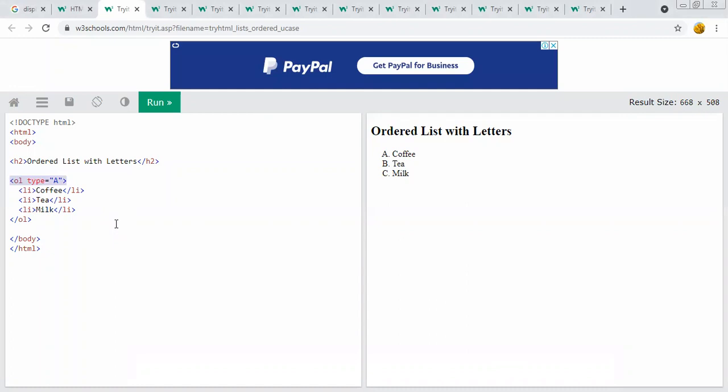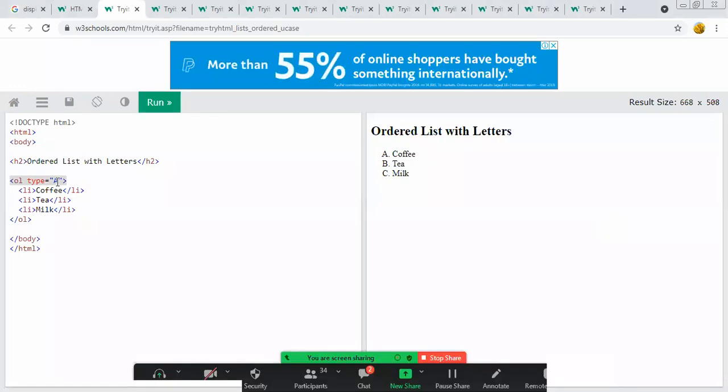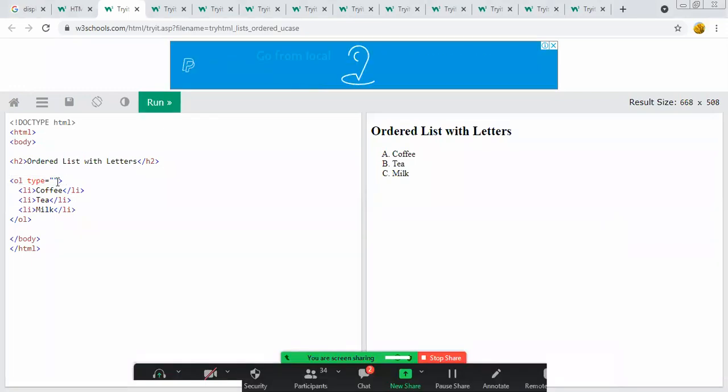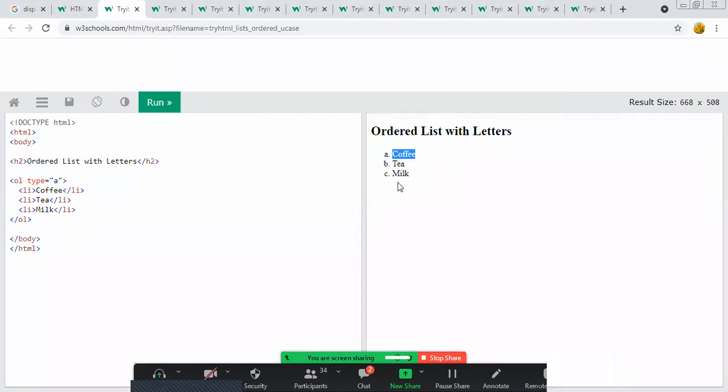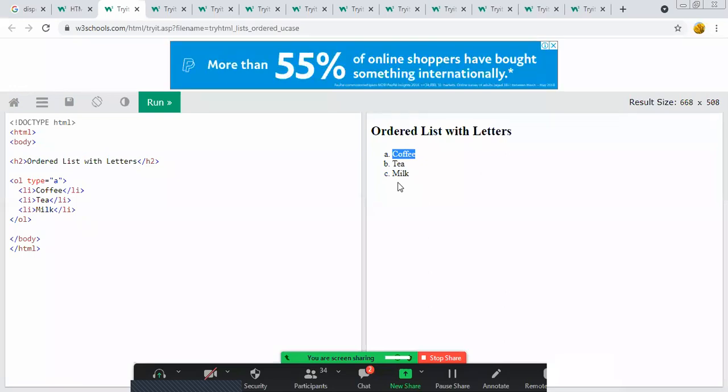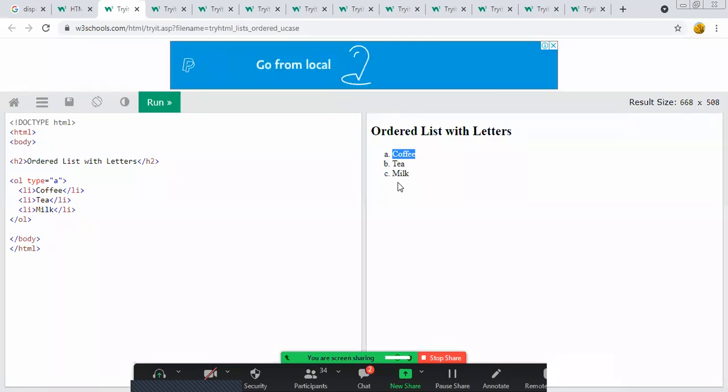So OL space type equal to double quotes A. Whenever we run that program, we can display the A. If we change the capital A to a small a, then the list displays small letters as the label of the list.